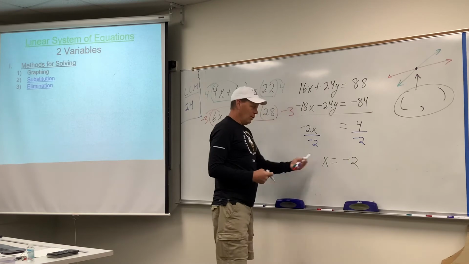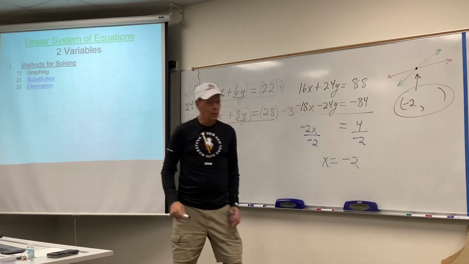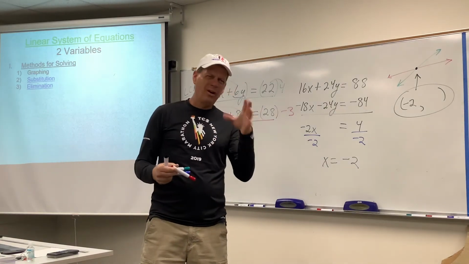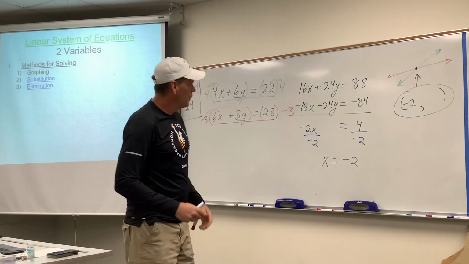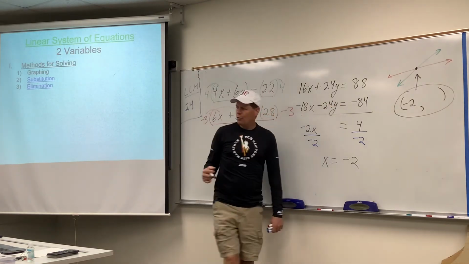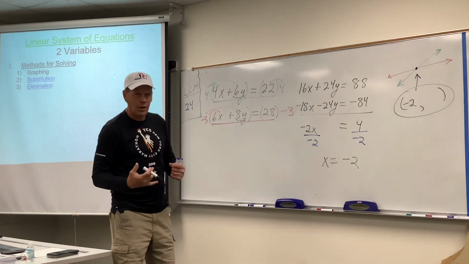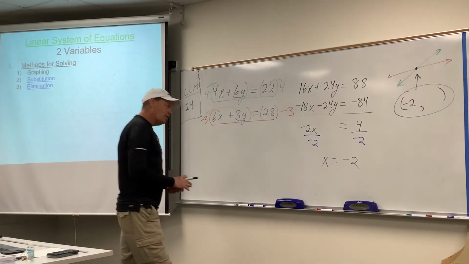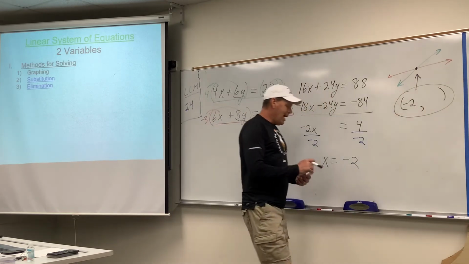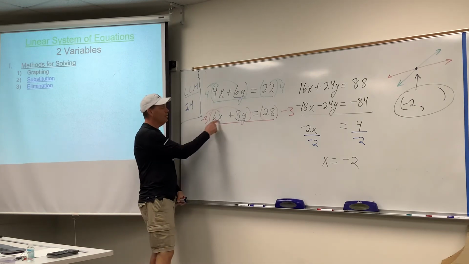And then you come over here and go, well, that's the x-coordinate of that point we're looking for, right? But we're not graphing them and using our eyeballs. And again, what if that was some crazy decimal? Okay, so x is negative 2. I still like the picture, even though graphing isn't the most accurate way to solve these. It still helps you visualize the question because it helps us understand that we still need to find the value of y. And you would hopefully look back here and go, okay, I can put negative 2 in for x